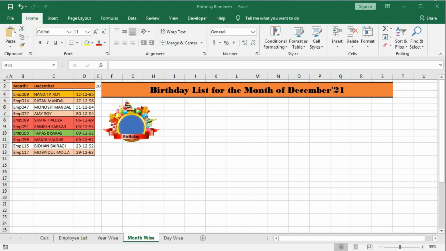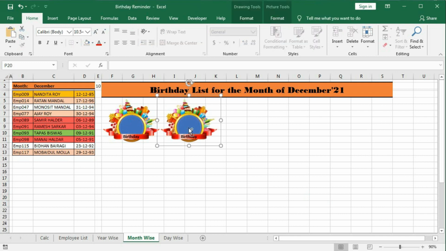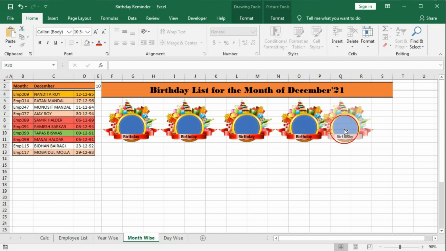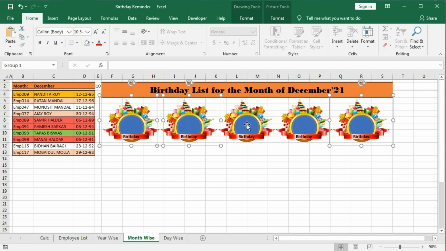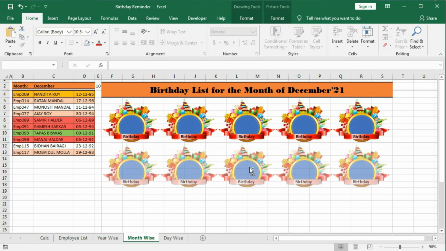Okay. So now we will copy this frame. We have to make 25 copies of this frame. So press Ctrl Shift and hold this frame and drag to the right side and release it. In this way you can copy 3, 4 and 5. Now select all this by pressing Shift. So now again copy this by Ctrl Shift, hold down any of this and drag down 10,